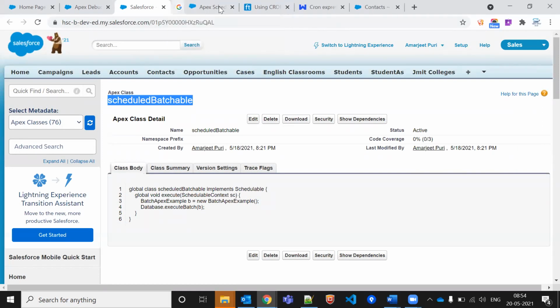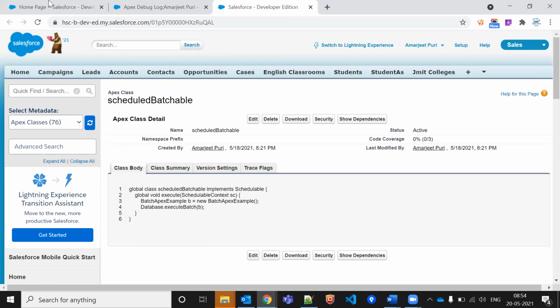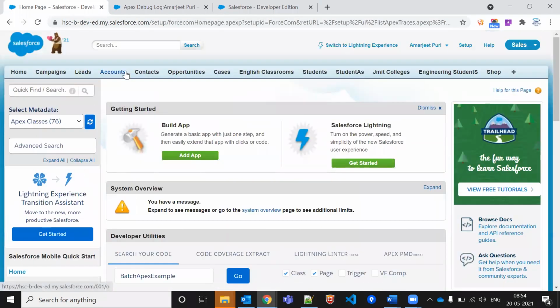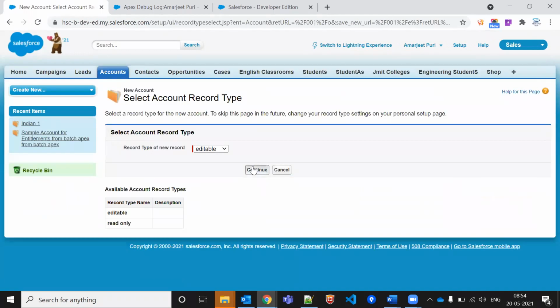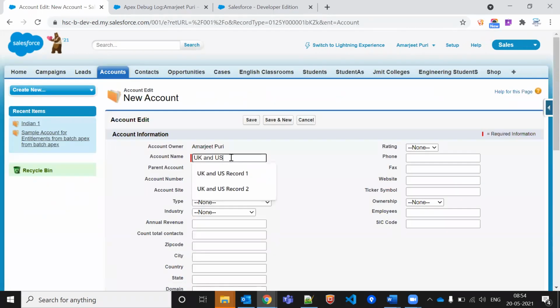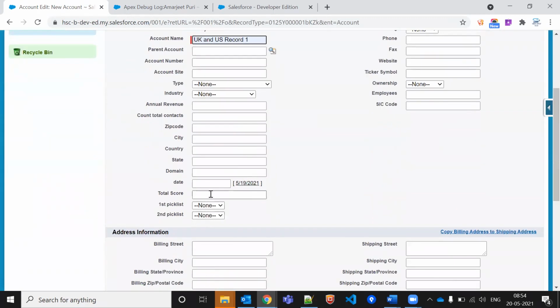So let me close all of the windows and let me go to account records. UK US record one, something like this. I will say it's a country, the UK US.